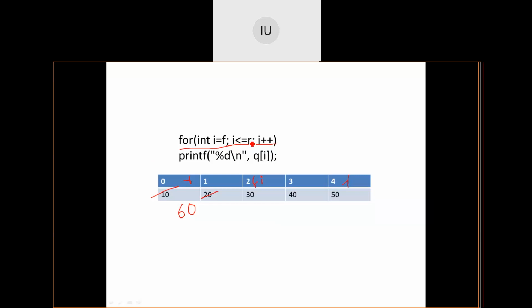So, how can I write this display function? And even when I reaches 4, if I do I plus plus, I will become 5, it will never come back to 0. If I have to make sure that I has come back to 0, what is the modification that I need to do for I plus plus? Then we will think about this termination condition. First tell me how do I need to increment I?